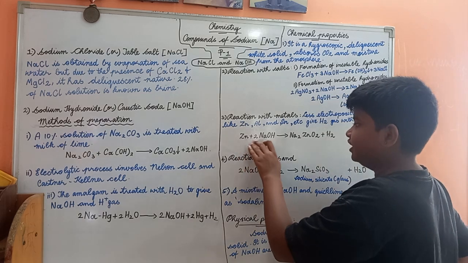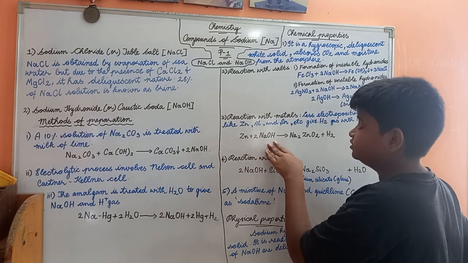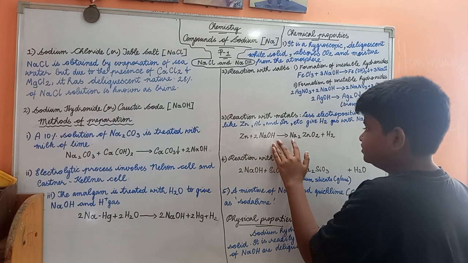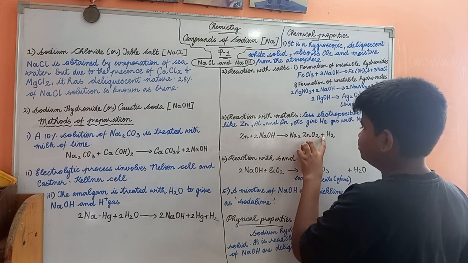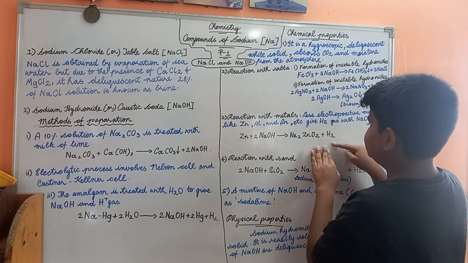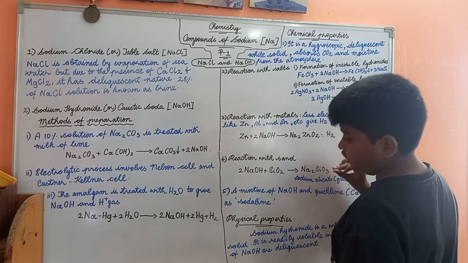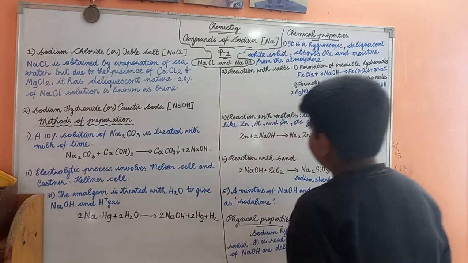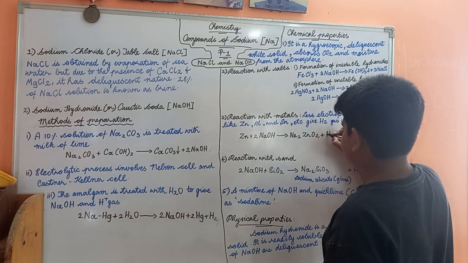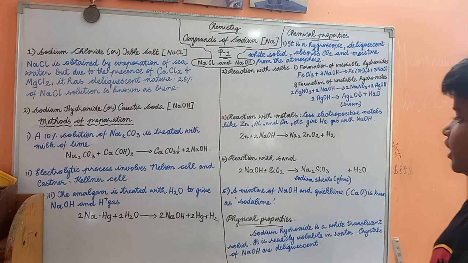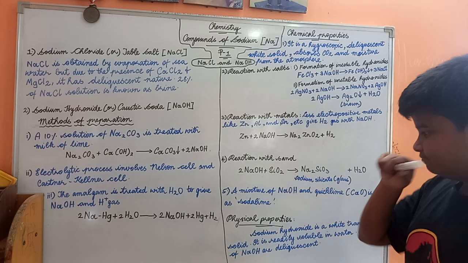So zinc reacts with sodium hydroxide and gives Na2ZnO2 plus H2, because it gives out hydrogen gas. Whenever it reacts with a metal, sodium hydroxide always gives hydrogen gas. It is for sure. So now we'll be looking at